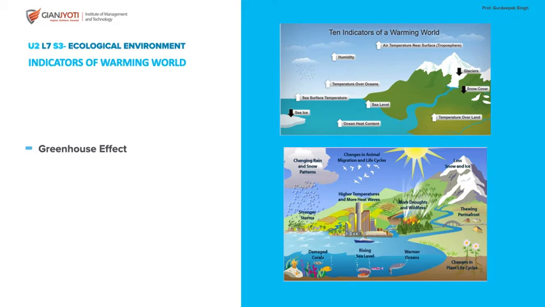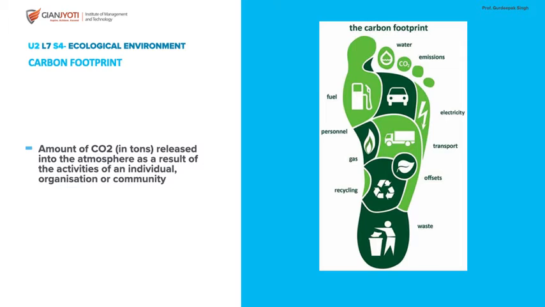There is less snow and ice, so the permafrost is thawing, plant life cycles are changing, the oceans are becoming warmer, the sea level is rising, and they predict even Mumbai is going to be underwater because of the rising sea level, and corals are damaged. This is already happening. This is what we call global warming, the effect of the greenhouse effect, and the reason is the carbon footprint, because we are releasing a lot of carbon dioxide into the atmosphere.